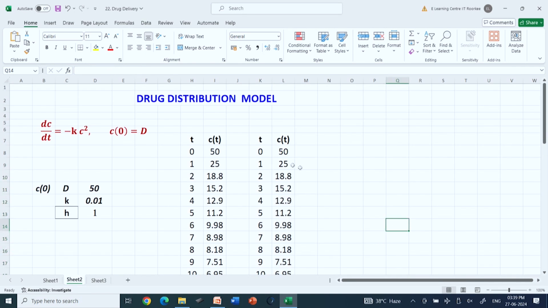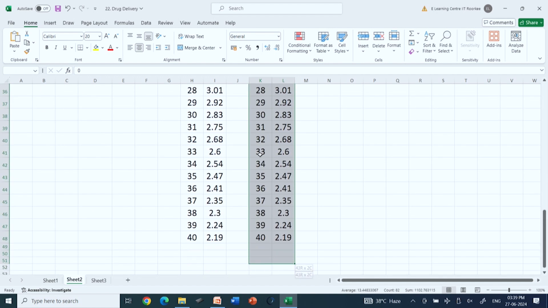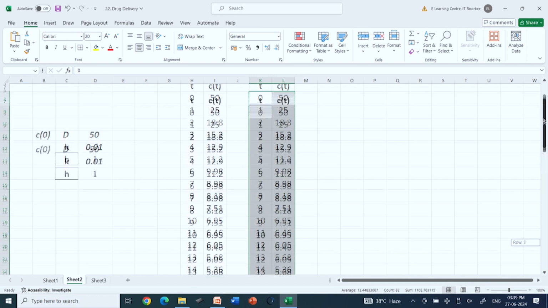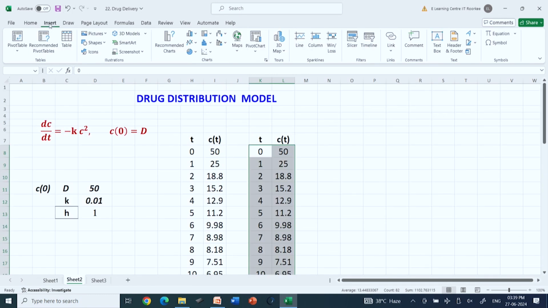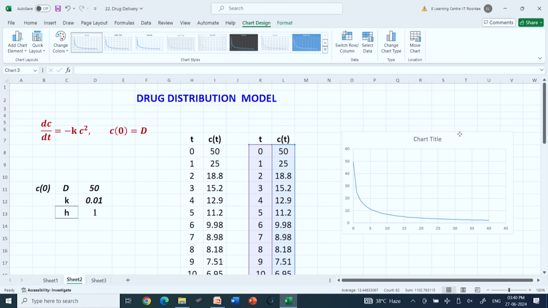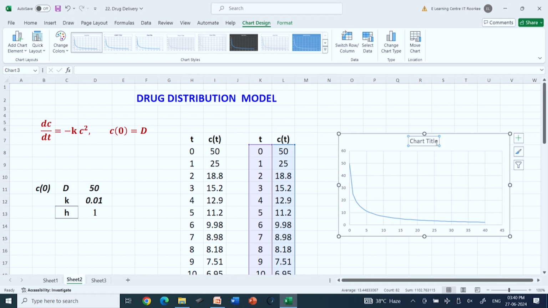So if I now plot this, I will choose these two. Using the cursor, I go down up to 40 values and I click insert, I choose the charts and I take this smooth diagram. So, name of the chart, drug distribution,